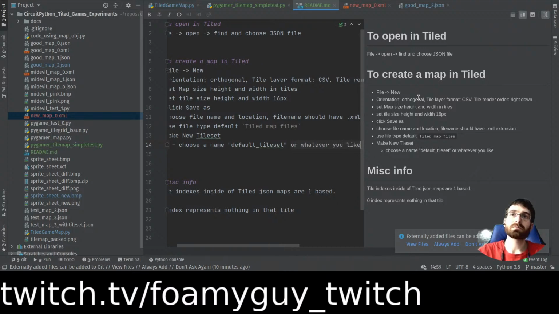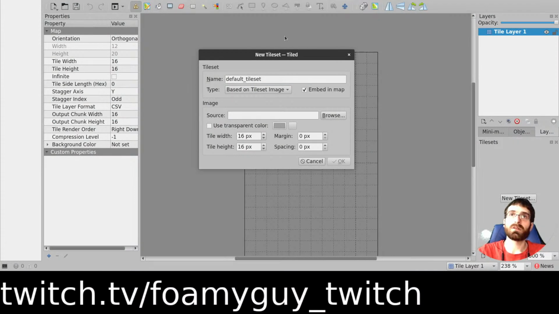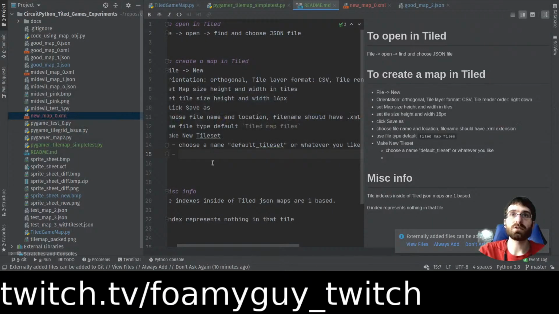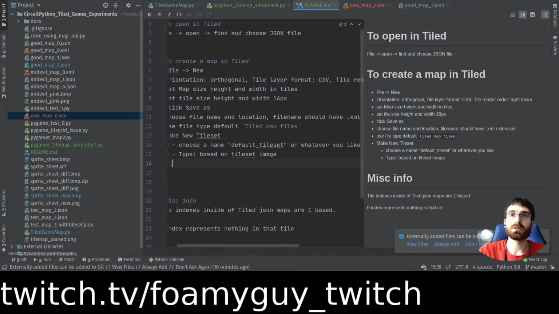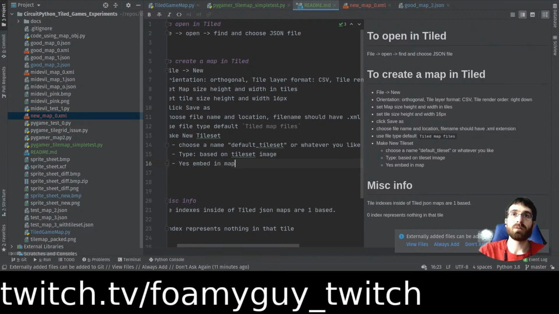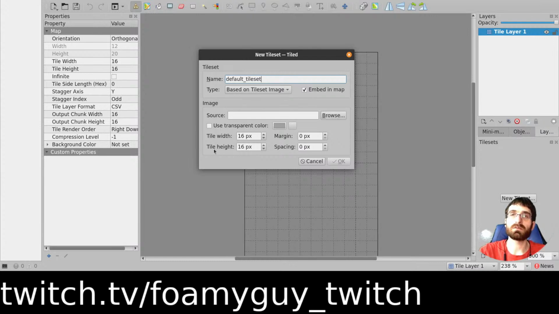Whatever you like. I'm mostly worried about single tile sets. I think you can add multiples inside of this program, and some game engines support multiples, but we do want type based on tile set image. Yes, embed in map. We'll come back and change it if we don't need it, but it tries to embed the binary in there or something. That's not what I want, but